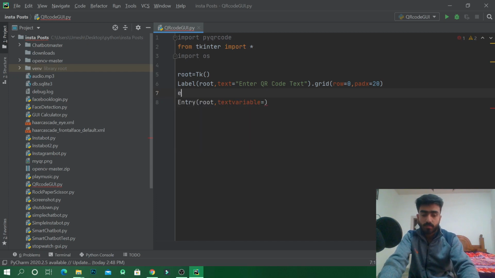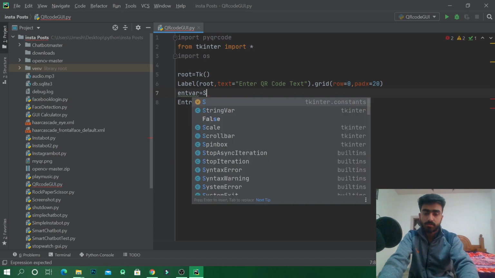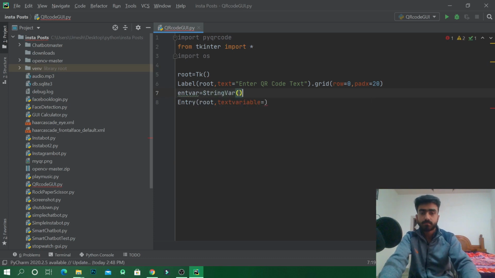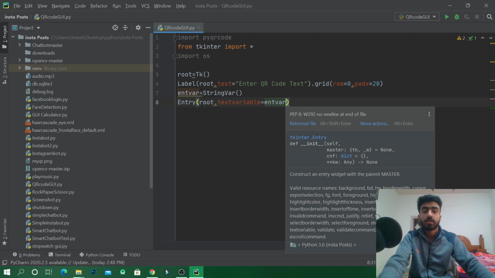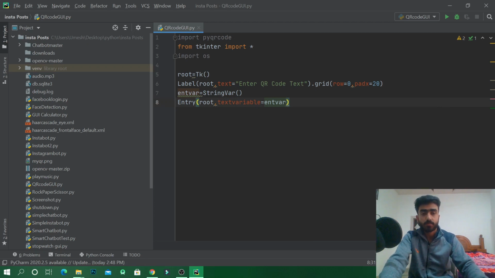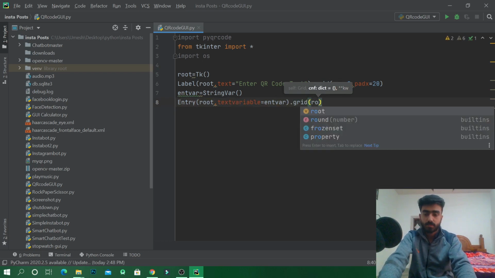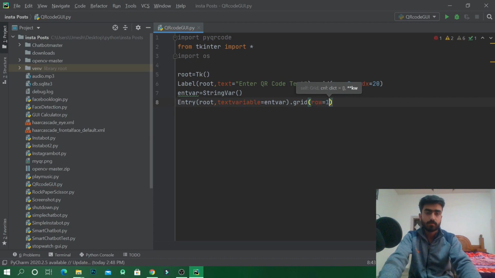So ent var equals StringVar. So this ent var variable will hold whatever text we are writing in the input field. Dot grid, row equals 1 and padding at x equals 10 pixels and padding at y equals 10 pixels.